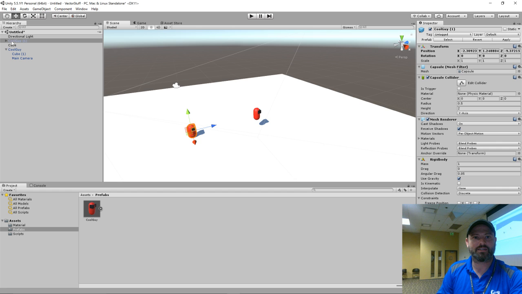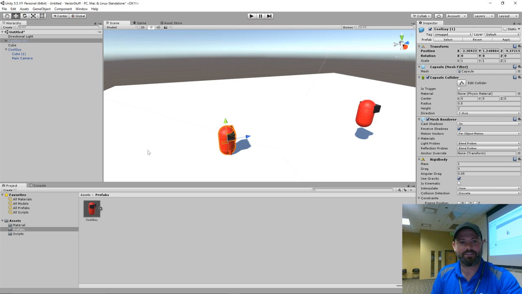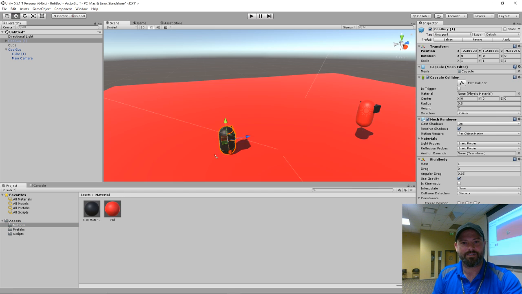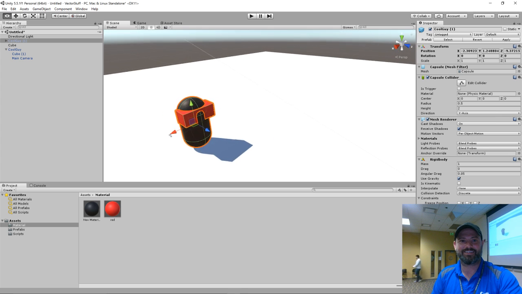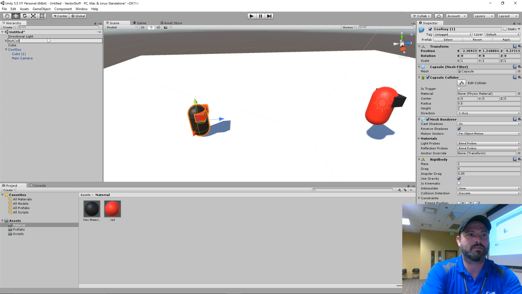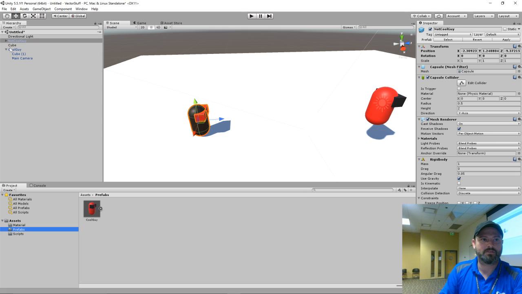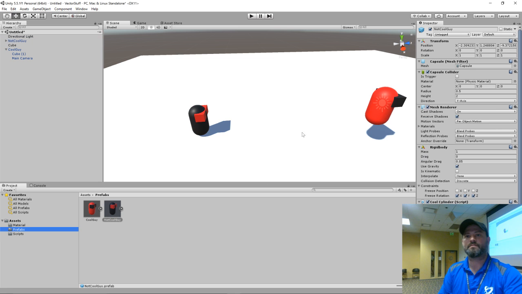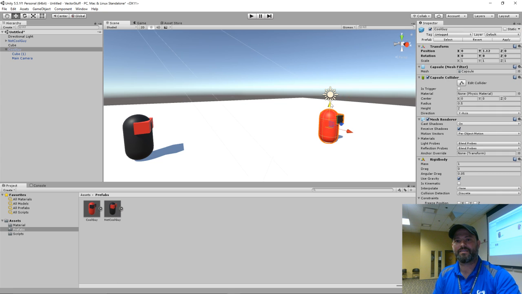All right, and I'm going to make, you said reverse the color scheme? Yeah. All right. So in materials, we're going to do that. All right. So this is not cool guy. Put him in prefabs. And this is fine. All right. So we put him there. I'm going to put this guy here.